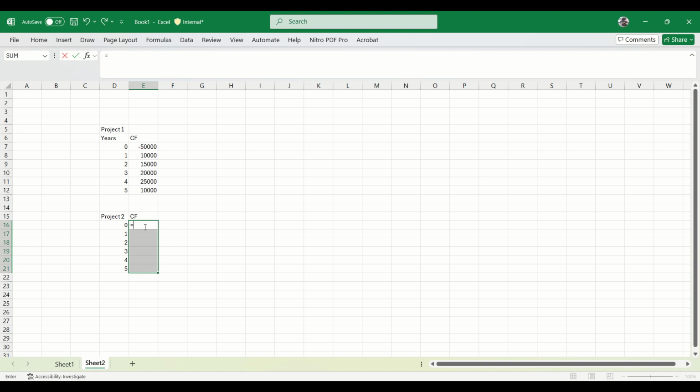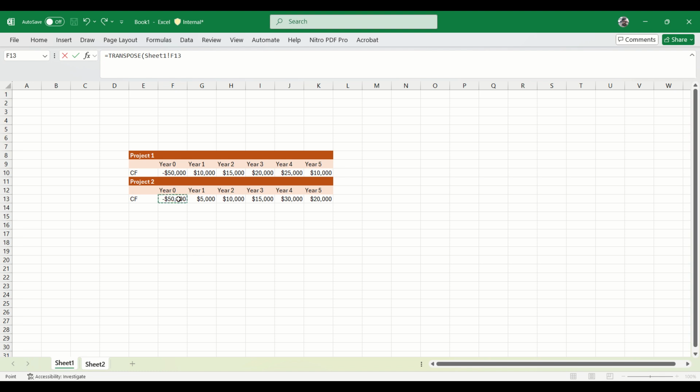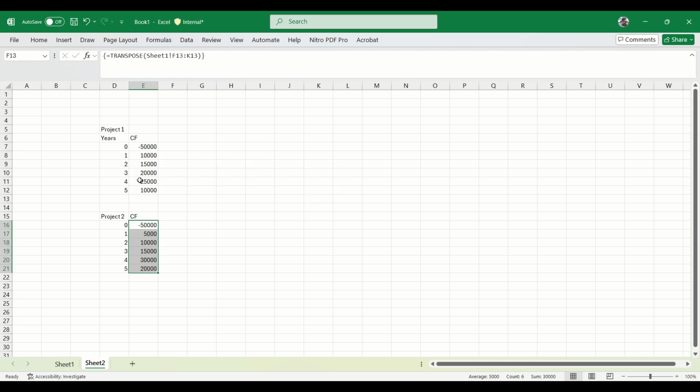Equal and transpose. Again, we go, and this is going to be for the second project number 2 value. We'll repeat this, control shift and enter will give you just want to make sure that everything is okay. We good here and we good here, and